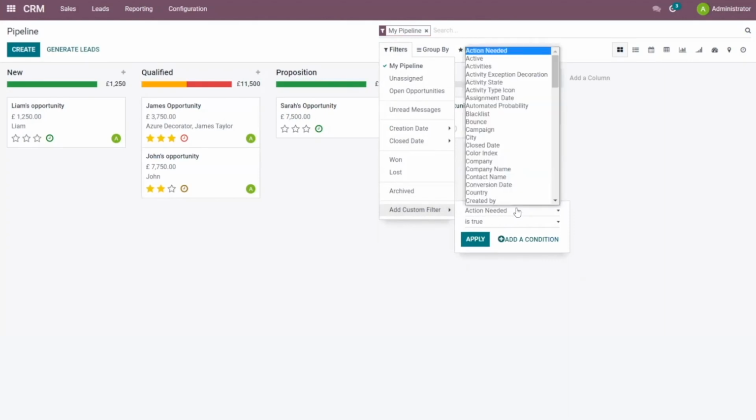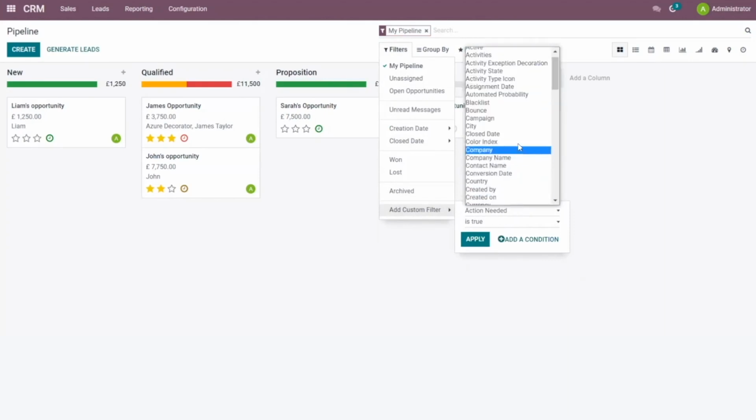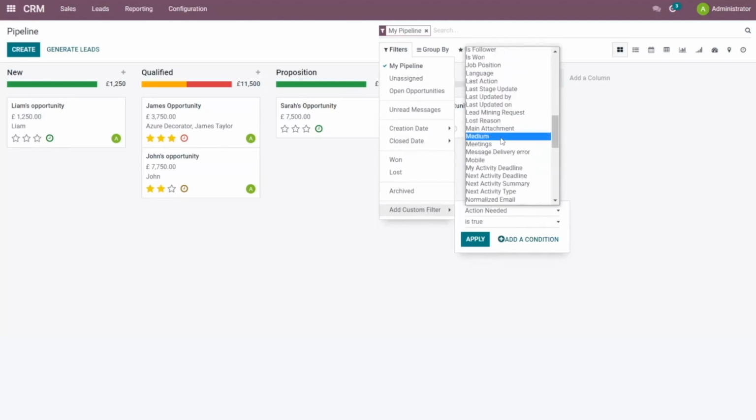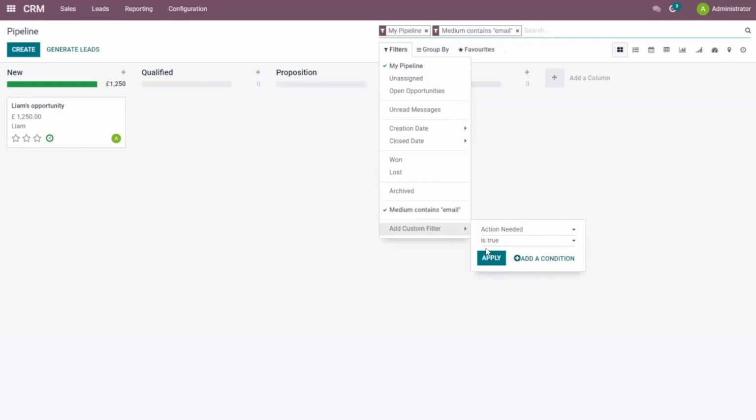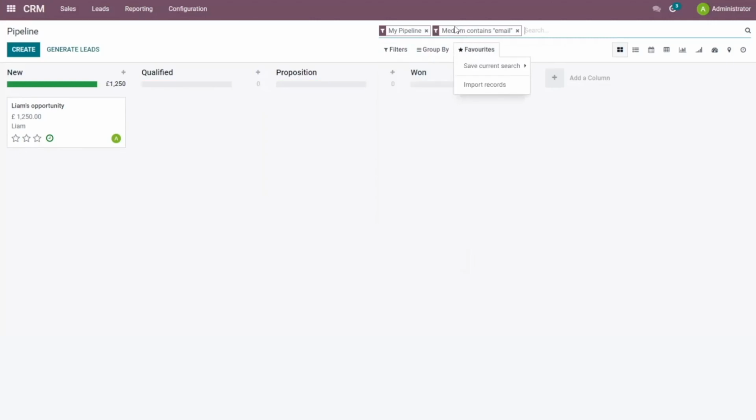within an opportunity. So if I were to pick one, for example, which would be medium, I will scroll down. It allows me to search for a certain value in the system, so I can do whether it contains, whether it does not contain. What I'm going to do is search whether it contains. Put a value in, email. Click Apply, and it pulls up all the opportunities in the system, which under the filter medium contains email is